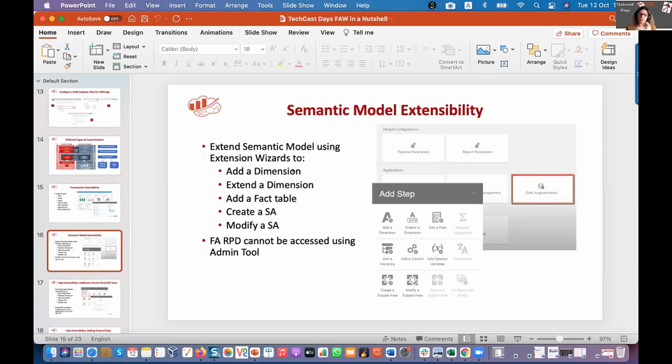So you cannot modify there. You cannot put your hands on the RPD. You cannot use the admin tool. You cannot have the create model option in OAC here in Fusion Analytics Warehouse. So the way that you can do it is